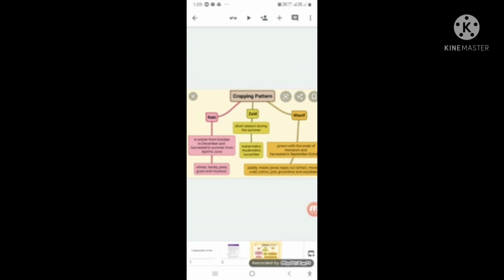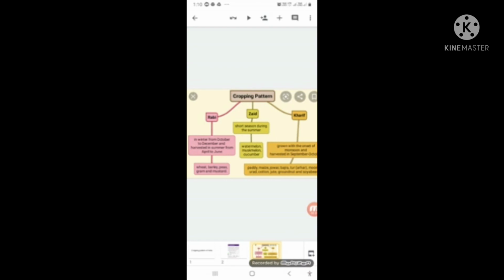The second one is the Kharif crop. The sowing season for Kharif crops is the onset of monsoons, and we know the advancing monsoon is in June and July. These crops are harvested in September and October. The examples of these crops are paddy, maize, jowar, bajra, arhar, moong, urad, cotton, jute,